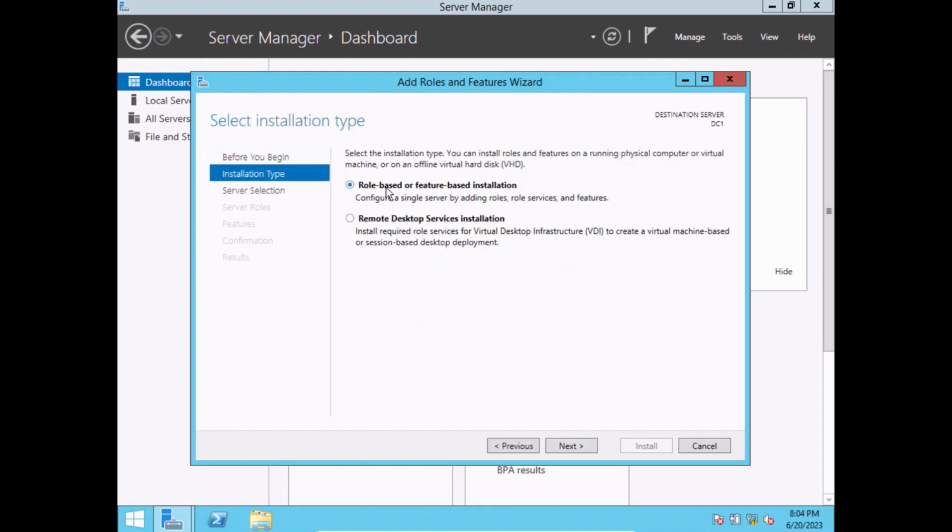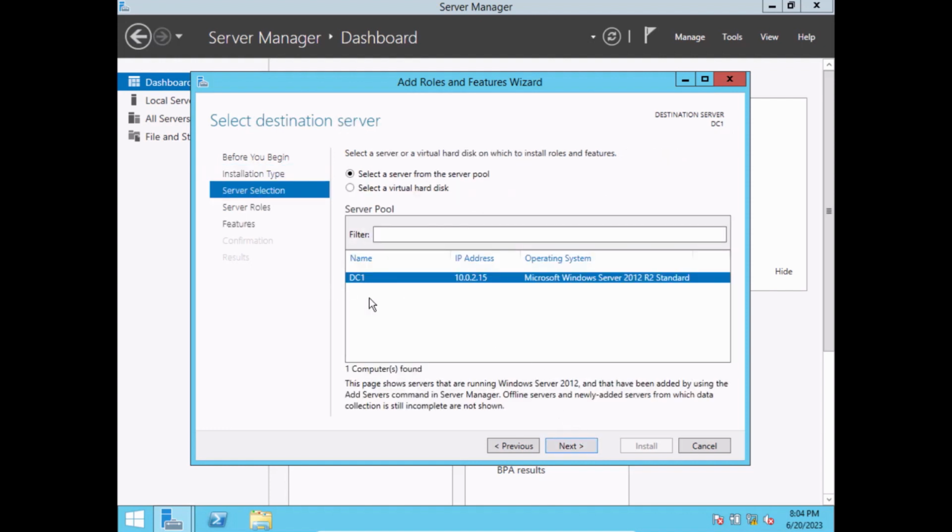I'm going to leave it at role-based or feature-based installation because that's what we are working with. We said the roles are the services that are provided by the server, and the features are going to support the roles in performing their functions. So I'm going to click on next, and it is going to detect my computer name, that's DC1, and the IP address I gave to my system, which is 2.15, and that's not the address I gave. So